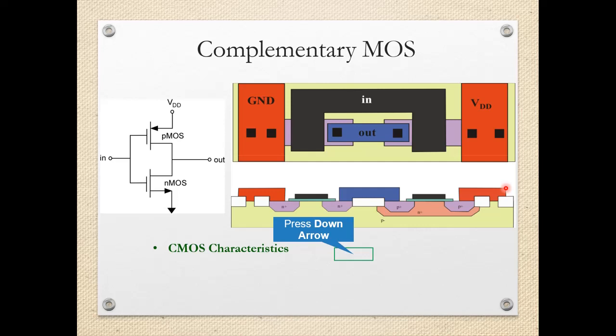So here we have this P substrate, and on this P substrate we can easily form the device NPN. So this is your N MOSFET. N MOSFET can be directly fabricated on a P substrate. This P substrate is nothing but your silicon wafer on which these N plus regions are embedded. Then we have a silicon dioxide, and then we have a gate terminal. So this is the formation of one N MOSFET.